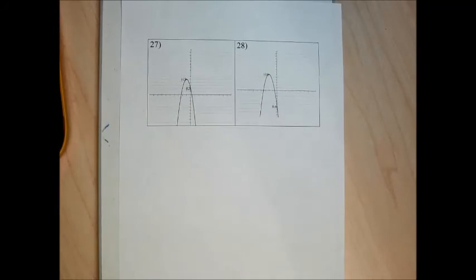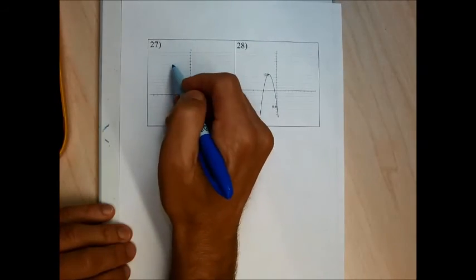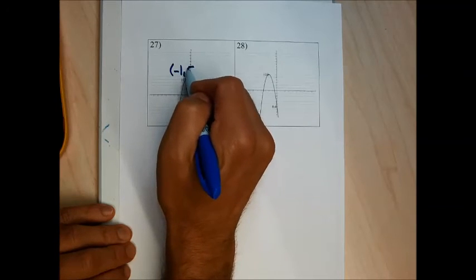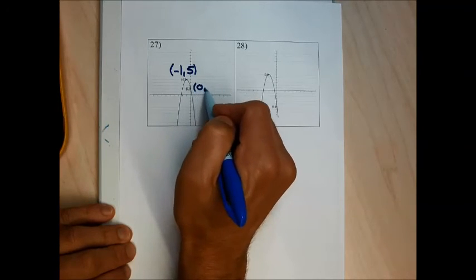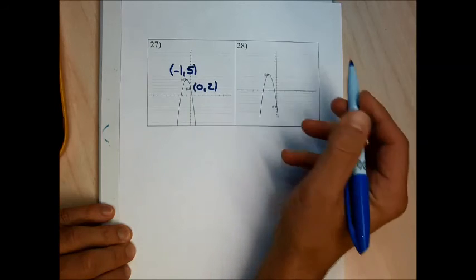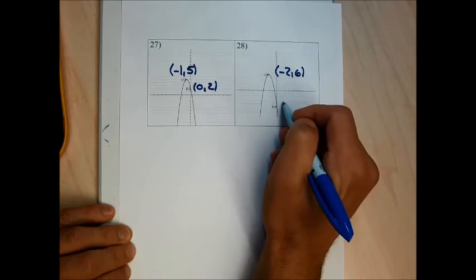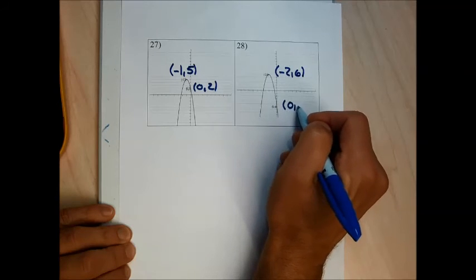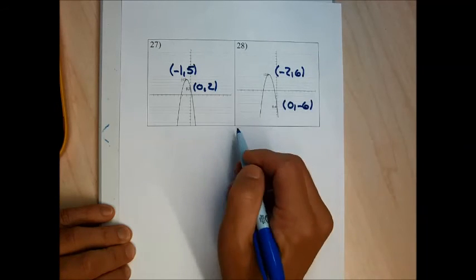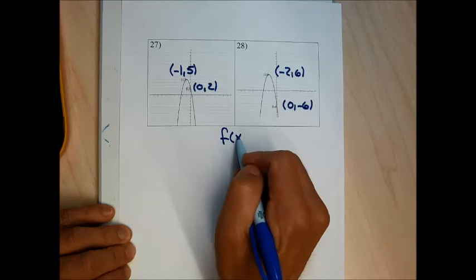So for problem 27, your vertex is at the point -1, 5. And the point that it has to go through is the point 0, 2. For problem 28, my vertex is the point -2, 6, and the extra point it has to go to is the point 0, -6. My equation for problem 28,